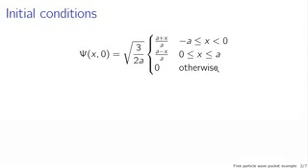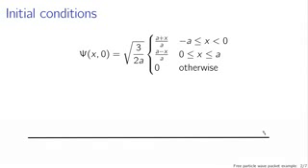The initial conditions we're going to consider here are something we've seen before in class. The wave function psi evaluated at t equals 0 is given by this conditional expression. You have a normalization constant out front, and then you have values for x between minus a and 0, between 0 and a, and everywhere else is 0. What this actually looks like is